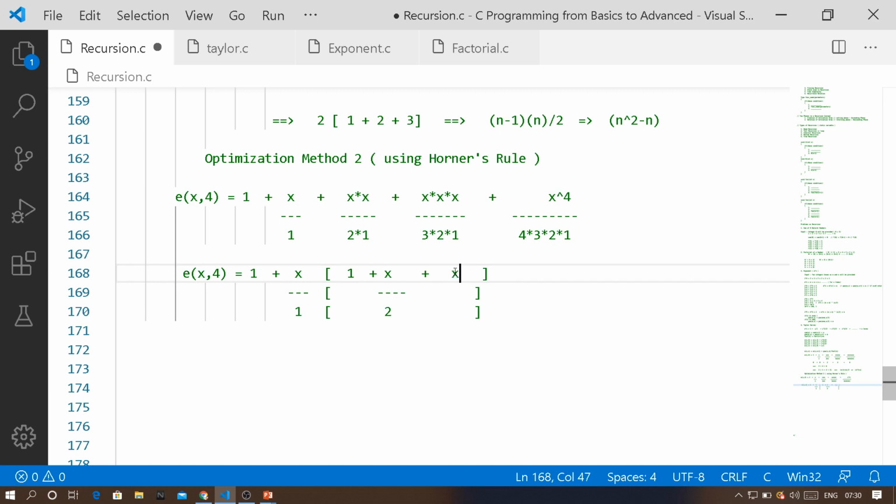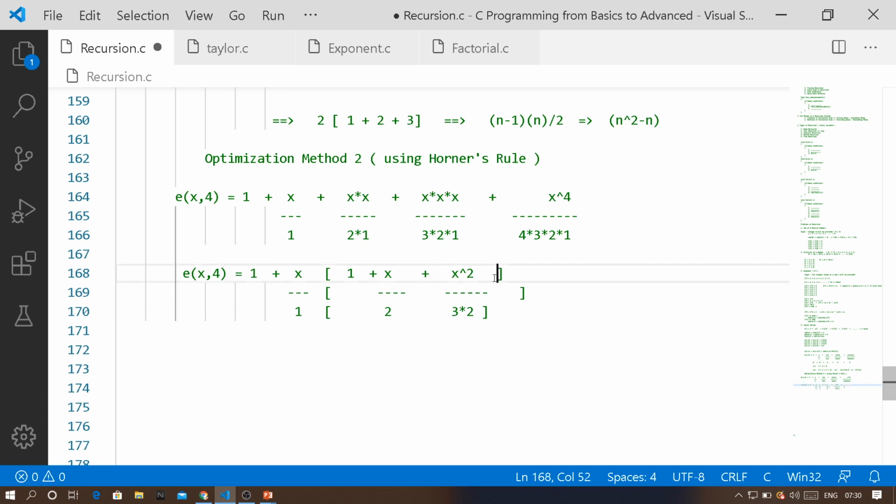So what is the next term? x square divided by, and look at the denominator. We are taking 1 outside. When you take 1 outside, what is the remaining thing? 2 into 3 is remaining, so we can write 3 multiplied by 2 here. So when you take x divided by 1 common outside, the pending term is x square divided by 3 multiplied by 2, which I have written here.